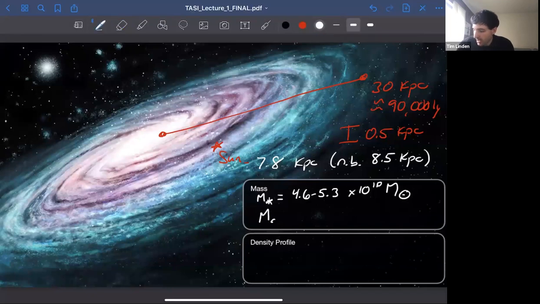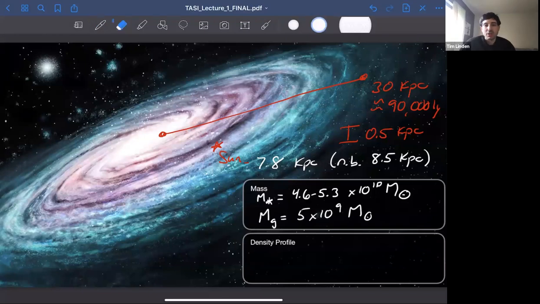So M_gas here is around 5 times 10 to the 9 times the mass of the sun, so about 10% as much as the mass that's actually in the stars. And there's also some density profile within our galaxy. And this is very roughly